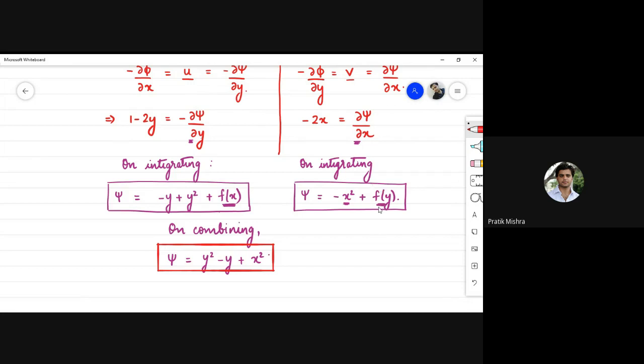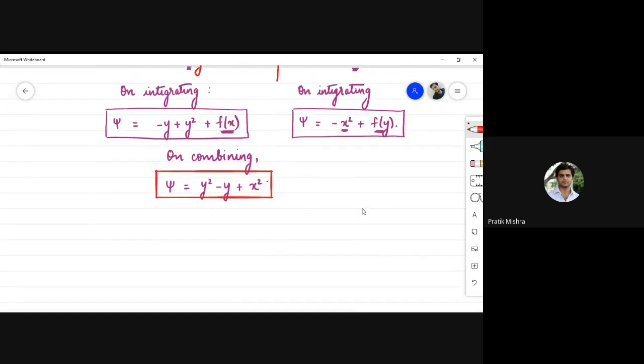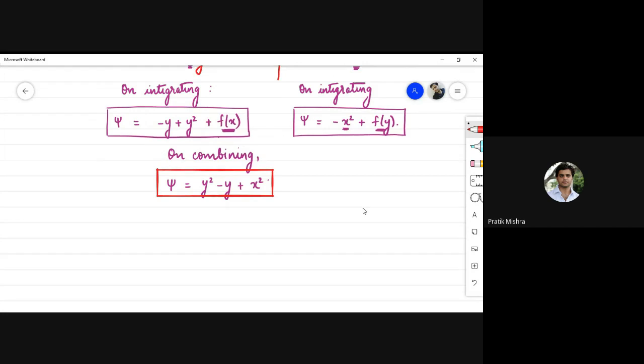अब आपसे क्वेश्चन में एक चीज और उन्होंने बोला हुआ है कि यू नीड टू डिटरमाइन द वैल्यू ऑफ दिस स्ट्रीम फंक्शन ψ at point P which is whose coordinates are given as (4, 5)। You need to determine the value of ψ at this point। तो सब्स्टिट्यूट कर दीजिए इस कोऑर्डिनेट को ψ फंक्शन में, तो ψ_P comes out to be 25, 5 का स्क्वायर, माइनस 5 प्लस 4 का स्क्वायर।